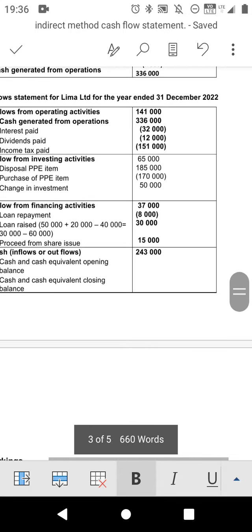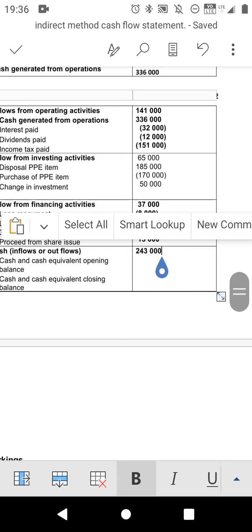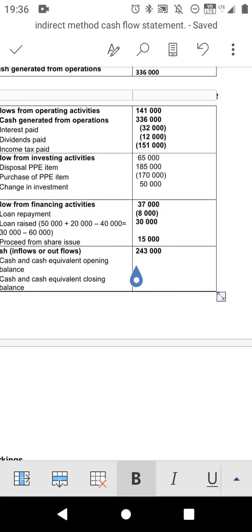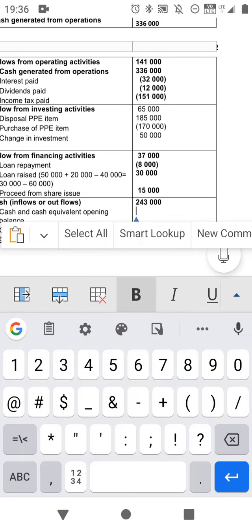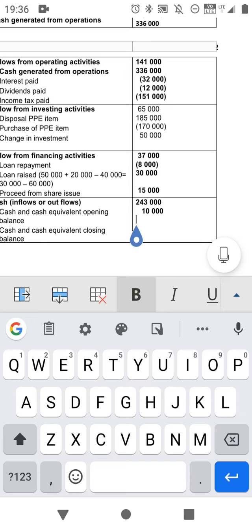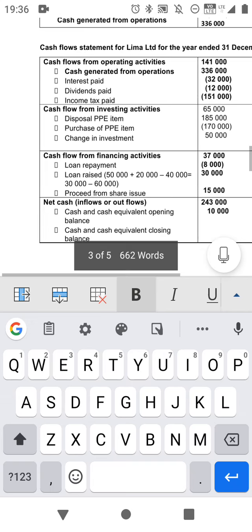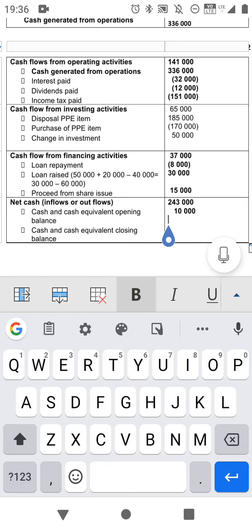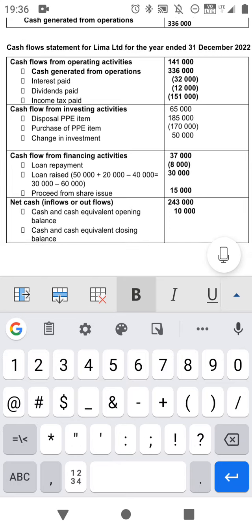We have to copy it as it is. Balance at the end, you add net cash inflow of 243,000 plus 10,000, then you will get an amount of